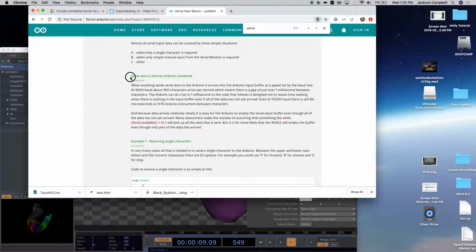So first thing to understand, serial data is actually a lot slower than the Arduino is capable of functioning. So it's slow by Arduino standards. If you're sending in serial commands at a 9600 baud rate, that's 960 characters per second, with a gap of just over a millisecond between characters, and the Arduino can do a heck of a lot in a single millisecond. Even at 115200, the baud rate is still 86 microseconds, which is possible to do over 1,370 Arduino instructions in